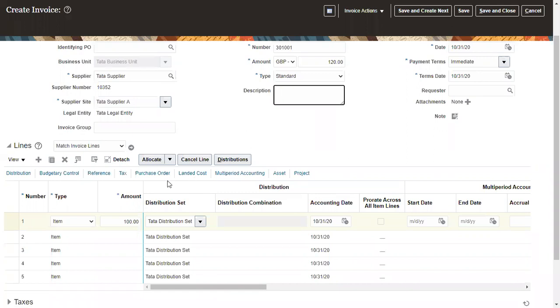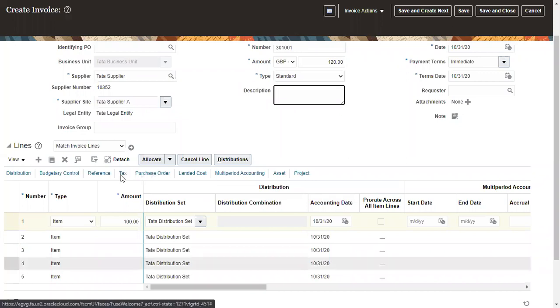Purchase order is when you are matching it with your PO. Many of the companies would be matching it to their PO, so all that information will come into a purchase order. Tax is something that I will show you anyway. Reference, in case you have any reference for that particular line, then we will see reference.